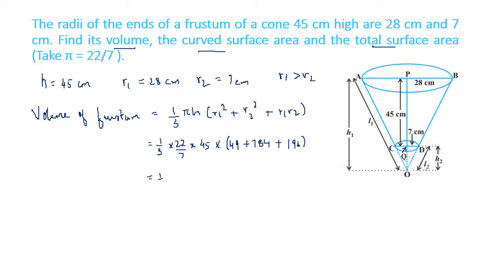So we have 1 by 3 into 22 by 7 into 45 into 49 plus 784 plus 196, that is